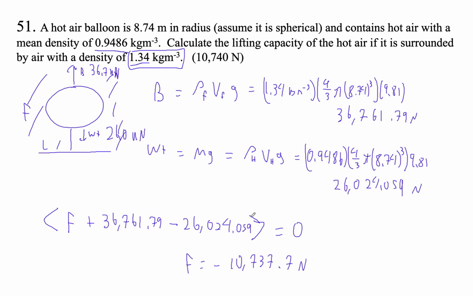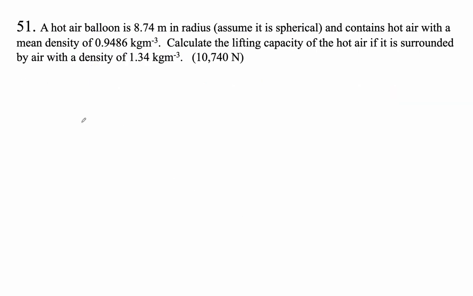Now, this is a perfect one for using a shortcut, so I'm going to show you the shortcut here. The shortcut is this: the lifting force is the buoyant force minus the weight. The buoyant force is rho of the fluid, volume of the fluid, times G. The weight is the density of the object times the volume of the fluid displaced times G. Well, the volume of the fluid is the same, so we can just simply go